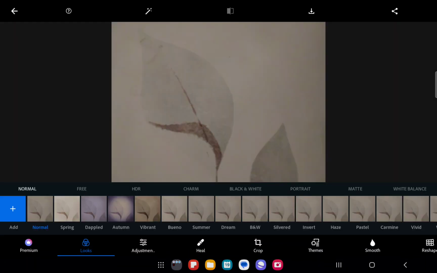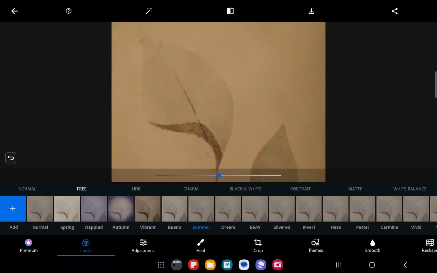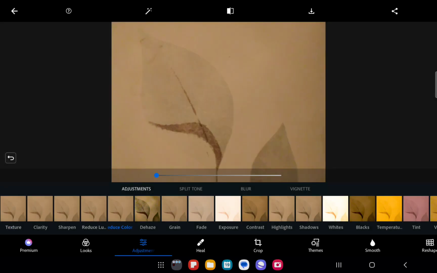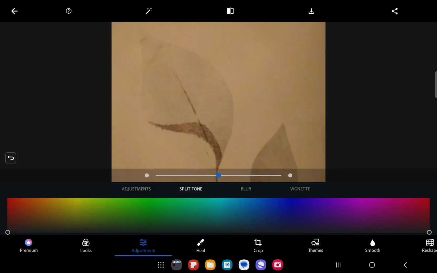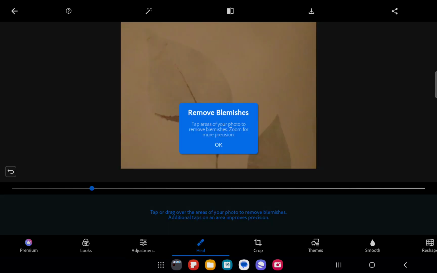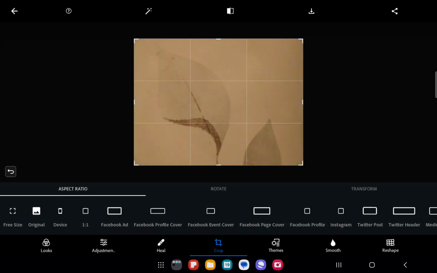And after that wait a little bit, and here you can just edit that image. There are a lot of editing options here. You can change basically the shade of the picture. You can see how it's going to look like, these different kind of effects. You can adjust it basically. You can see the options here as well. You can have split tone, you can have blur, you can have vignette, you can also heal it, you can crop it. You have a lot of options to edit the image basically, and once you are done with it